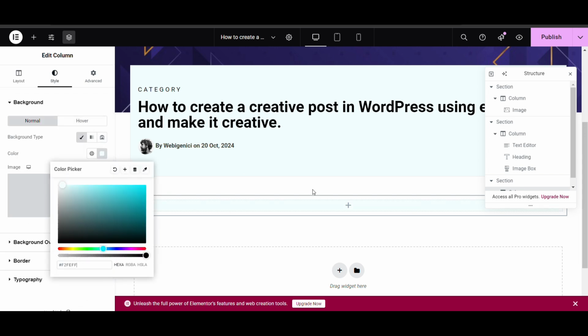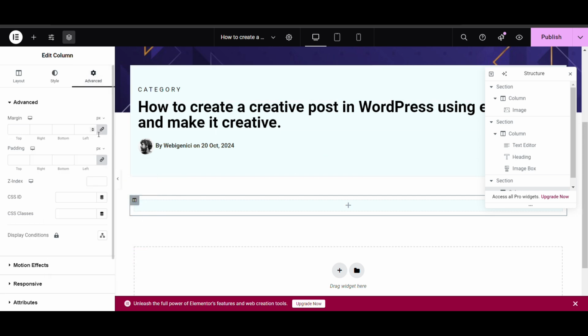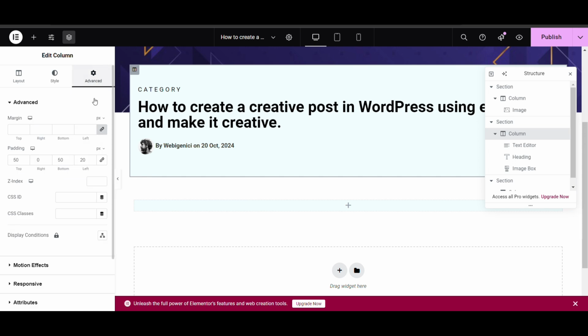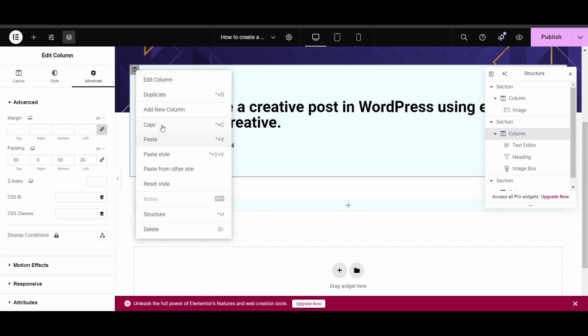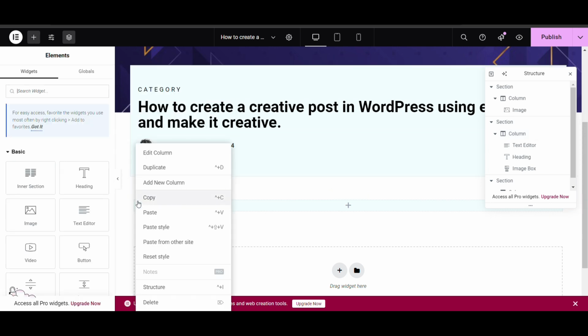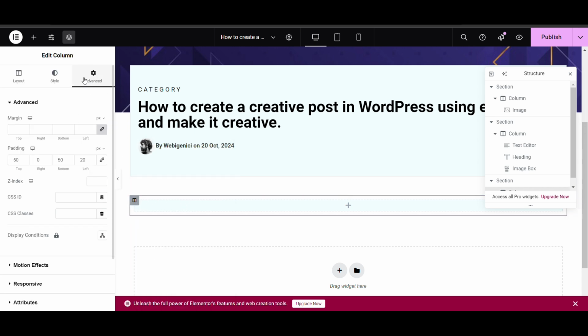Style, go here, same background, remove margin and padding from here. Now what you need to do, here you can see, copy the same style. Here margin, bottom this, left this. Okay, same style. You can just directly copy and paste also here. Paste style.